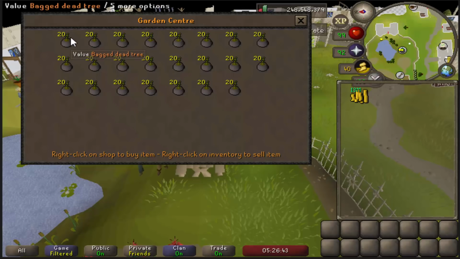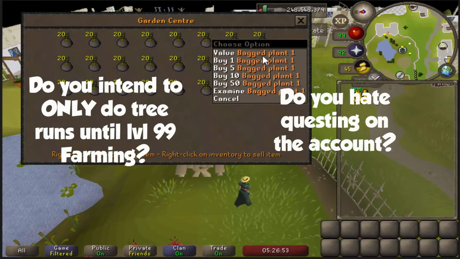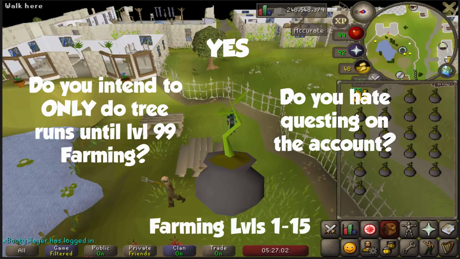You have two options here when starting off training farming, and they both hinge on a couple questions. Do you intend to only do tree runs up until level 99? And do you hate questing on your account? If you answered yes to both of these questions, your route of training will be to do bagged plants from level 1 to 15. This is by far the quickest way to train farming at the lower levels, but it